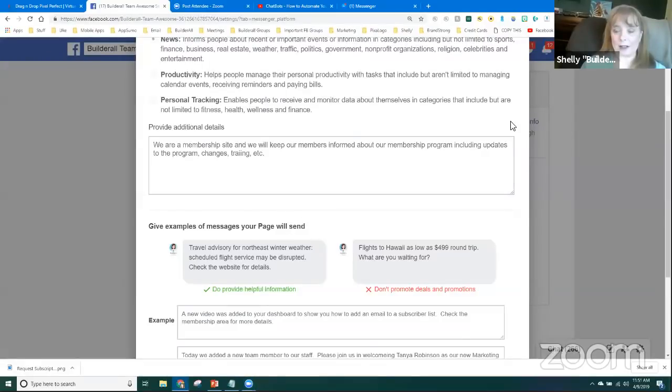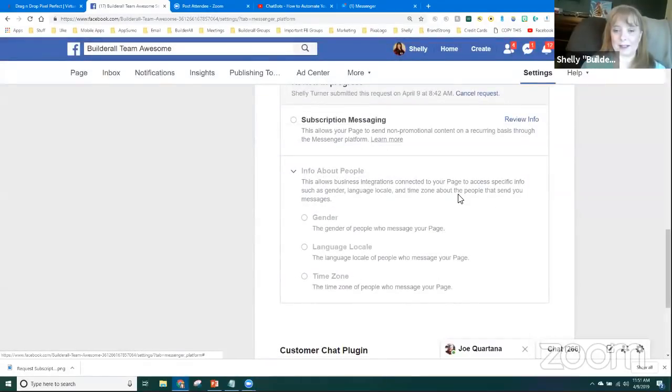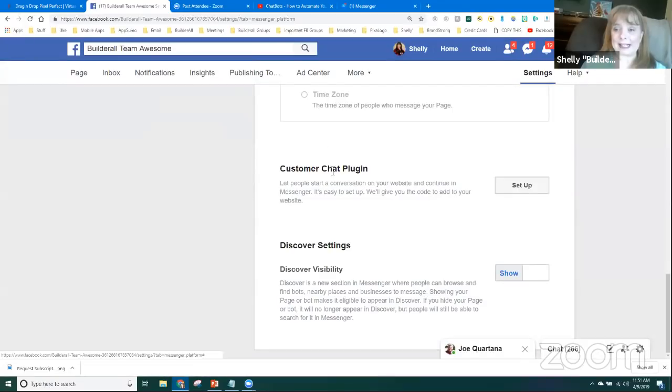Okay. All right. Let me go and share my screen again. And I'll go ahead and close this window. And then in that same page that we've been in, we've got a customer chat plugin. This is actually native to Facebook. And there's a way you can set it up so that you get code for your chatbot to put on your website. But we won't have to do that here, because in our chatbot, it's going to give us code that we can use on Builderall. So we don't even have to go through this setup, because Builderall is going to do it for us.